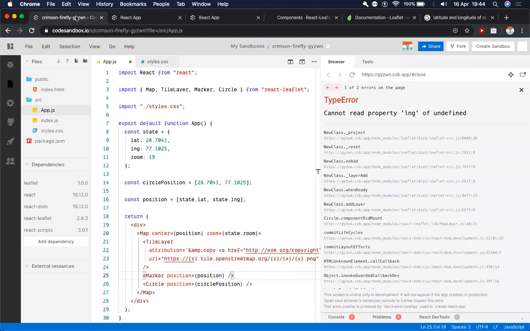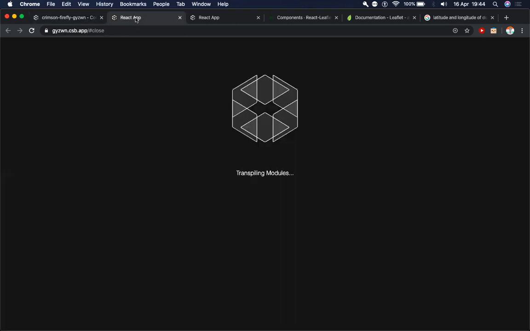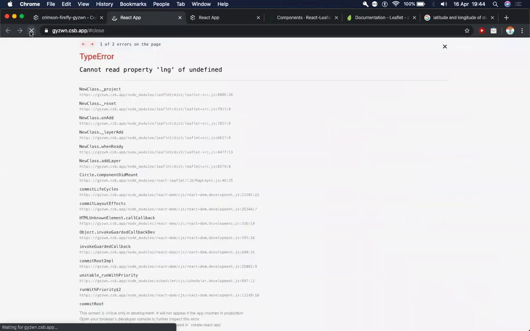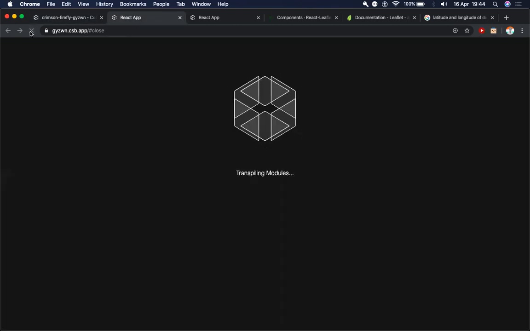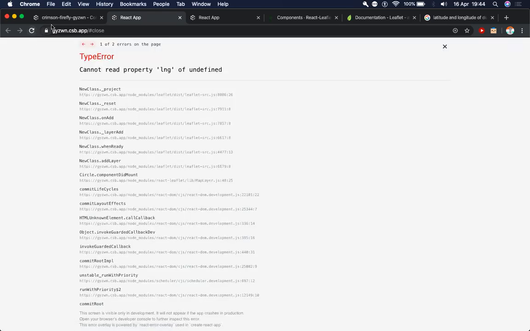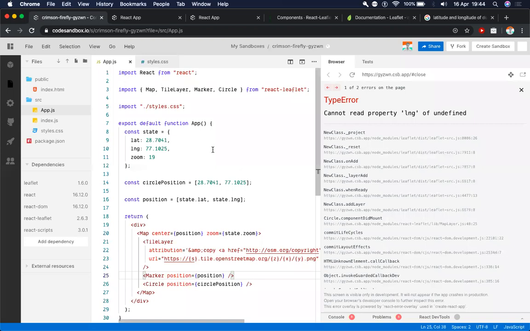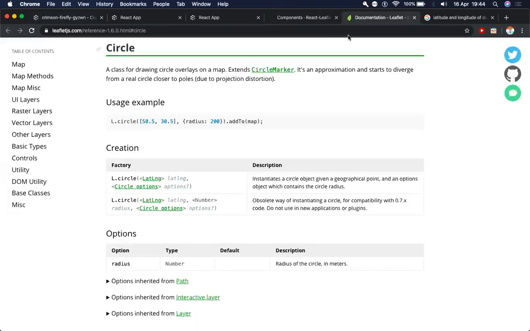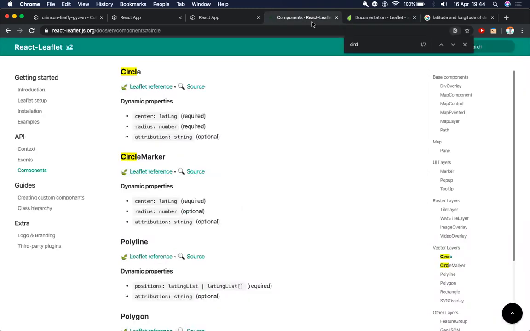We'll just let that load in the background. Okay, so it still says that. What else are we missing from here? So we have center. Okay.